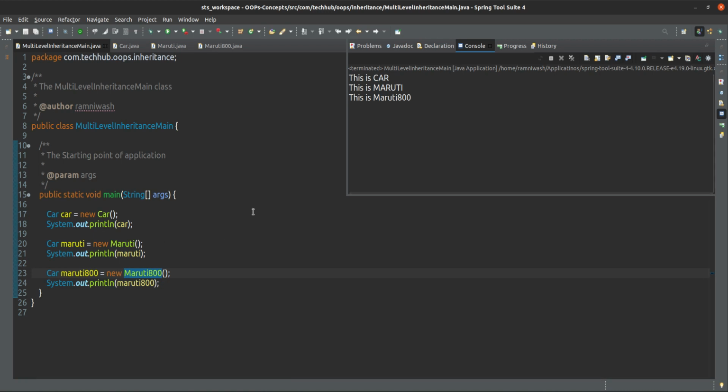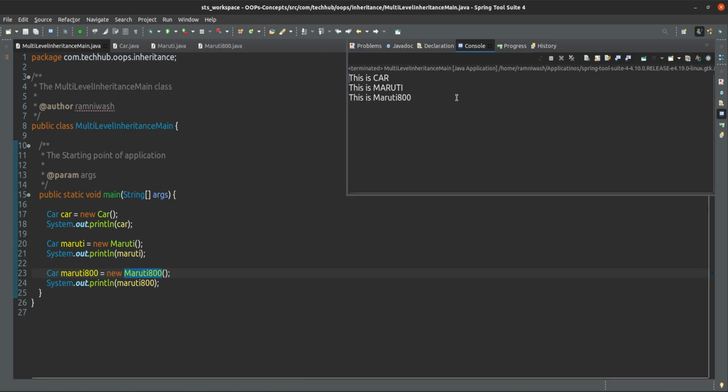How is it? Because of runtime polymorphism, which we have seen already, because the toString method is called from the object. The compiler will bind with the reference type only, but the actual execution will happen from the object.